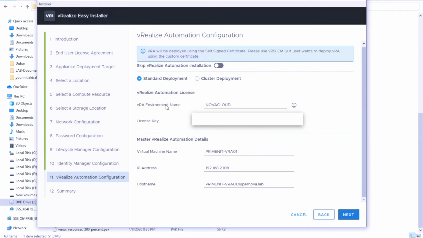And I'm planning to deploy a single appliance in this installation. But of course, if it is a production deployment, then obviously the right way to configure would be the cluster deployment, which essentially will deploy three vRA appliances. If later needed, we may go ahead and add it. So for now, I'm keeping the